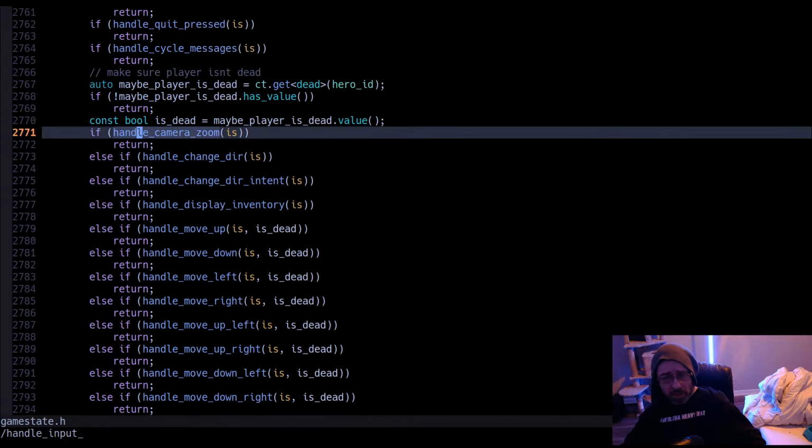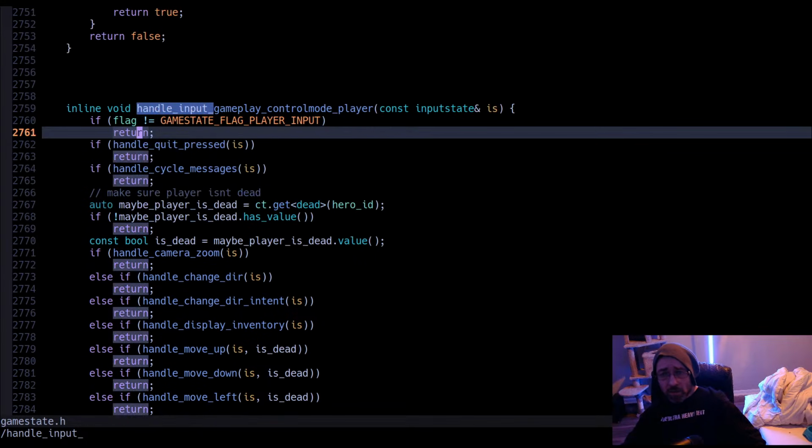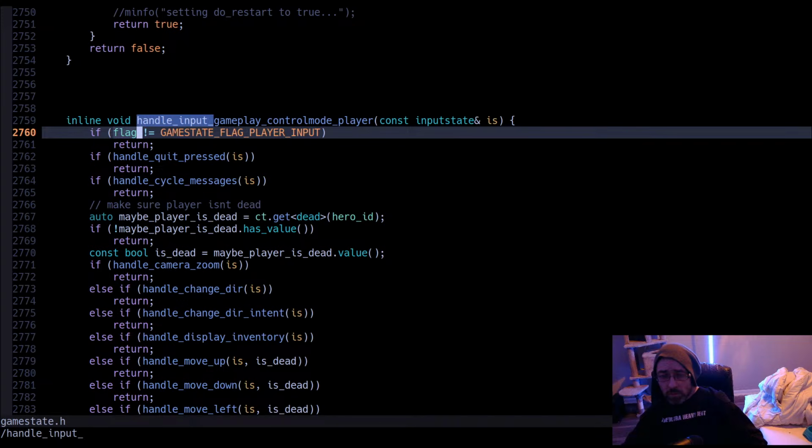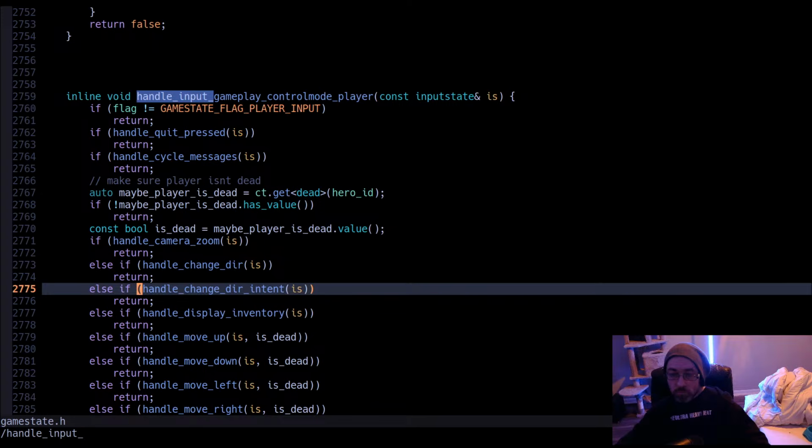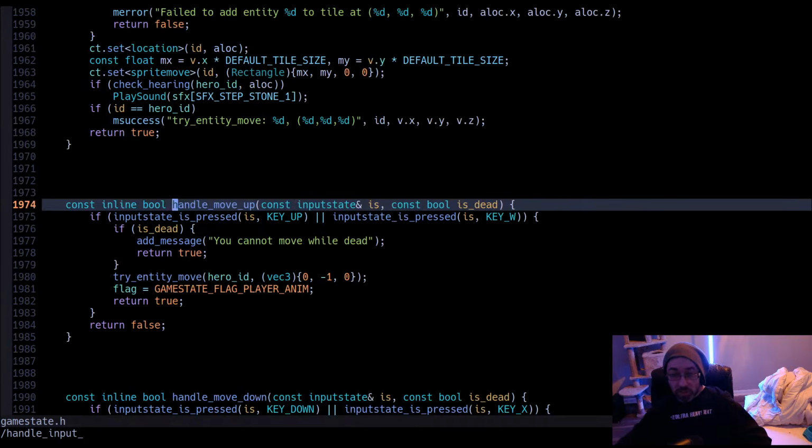So as an example here, for instance, move up. Actually selecting move up processes the action and then sets the animation state.